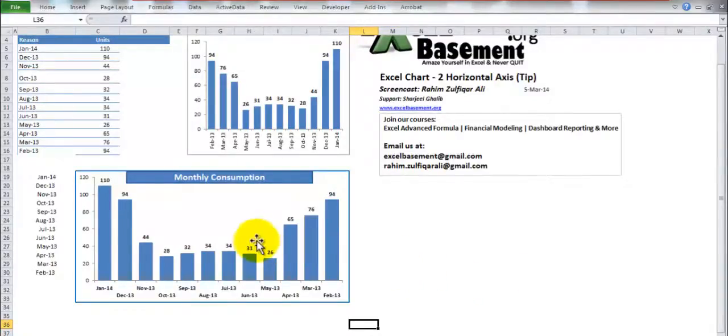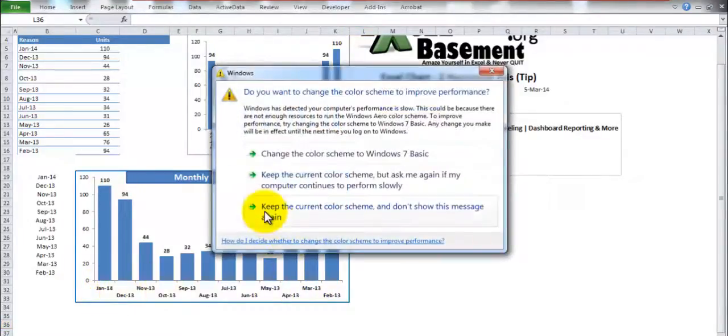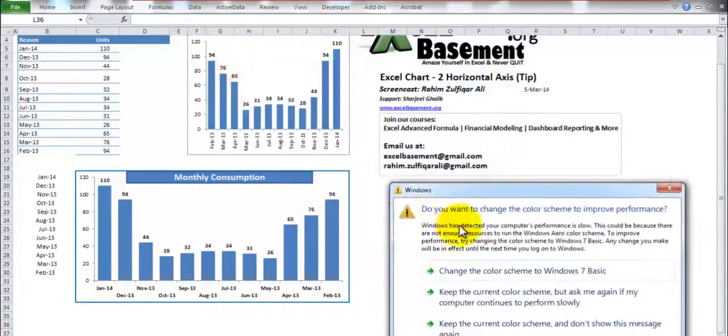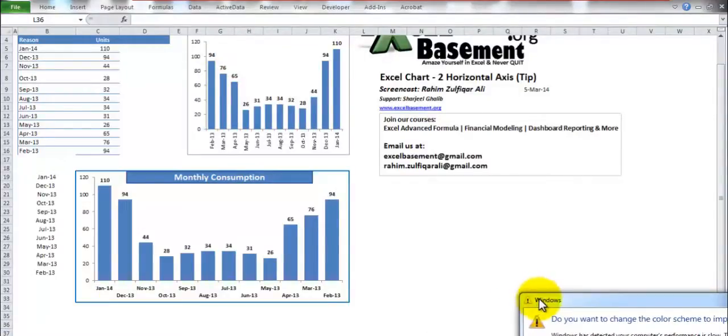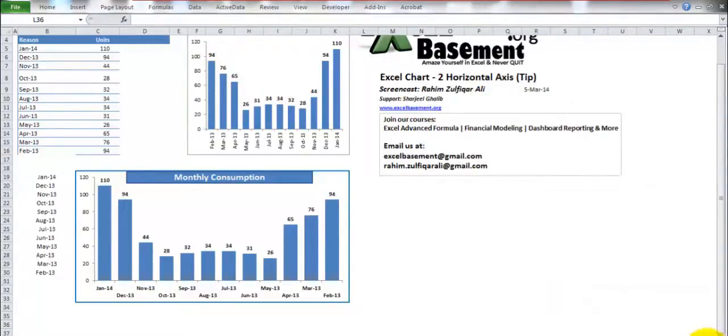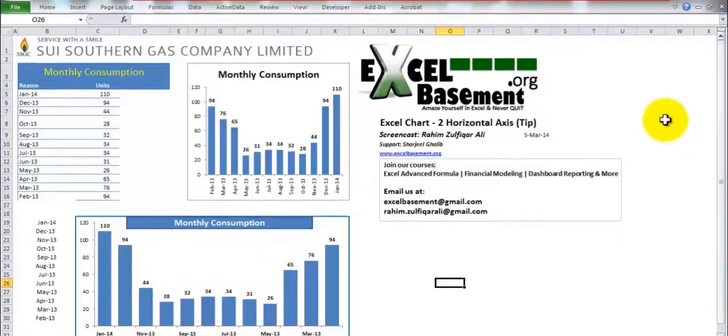They showed the monthly consumption with the trend of the last 12 months, and they split the 6 months into the first line and the alternate 6 months into the second line. So I thought, why don't we make this kind of chart in Excel and share it with our Excel users. So starting with this trick, here is how we can apply this in our Excel charting.